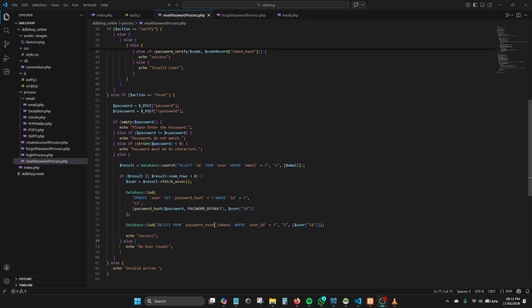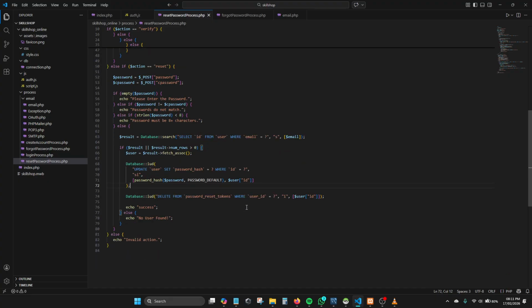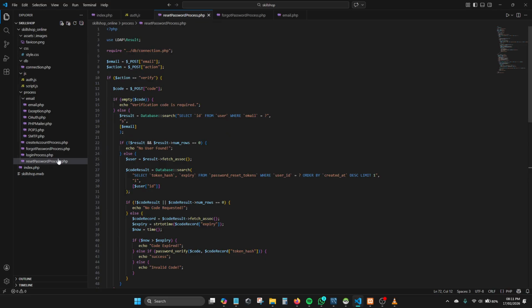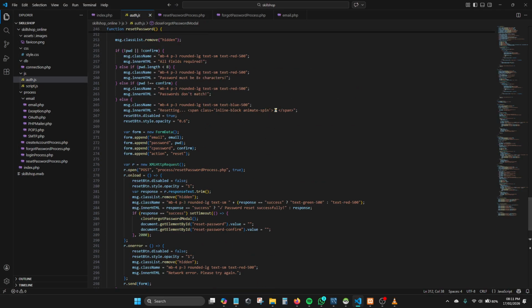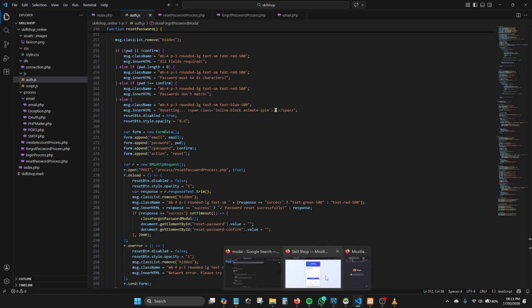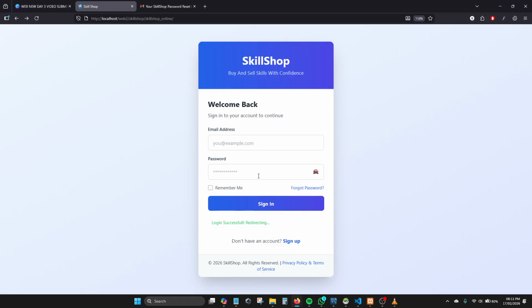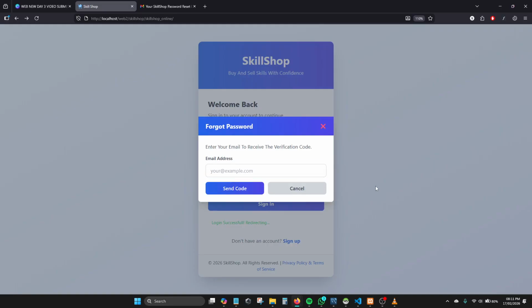Sorry, this is actually the password reset token that is deleted so that it cannot be reused again. And we move on to, yeah, we'll actually go and test this out. So we'll go and we'll actually